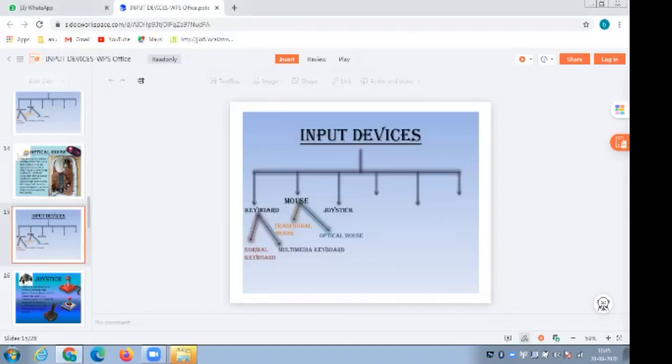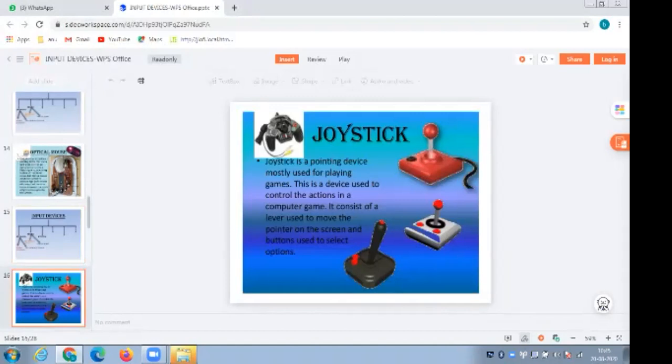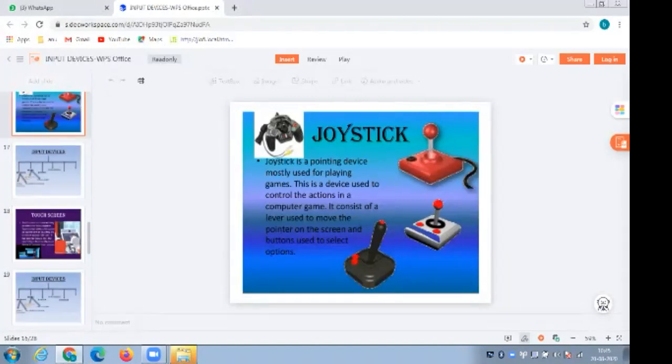So now coming to the third input device, which is nothing but a joystick. Here you can see the third input device. This joystick is usually used in systems which are placed very large, when we are playing games on a board. Usually, in the systems where we need to play sports like cartoon games, we will be playing some games using systems. So there we use this joystick.